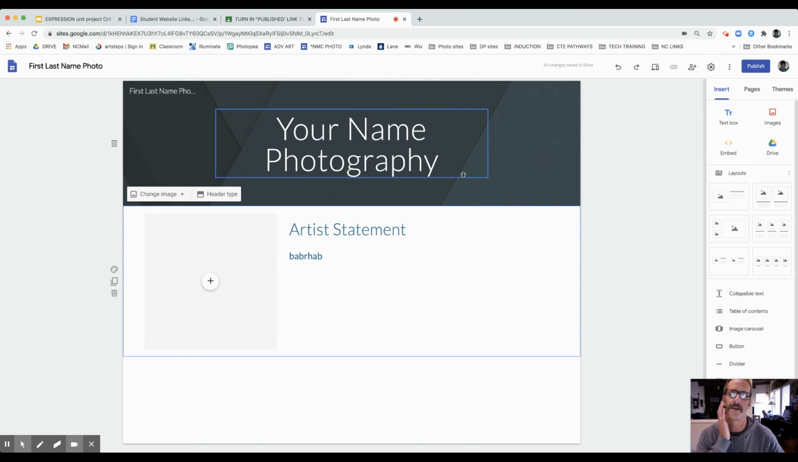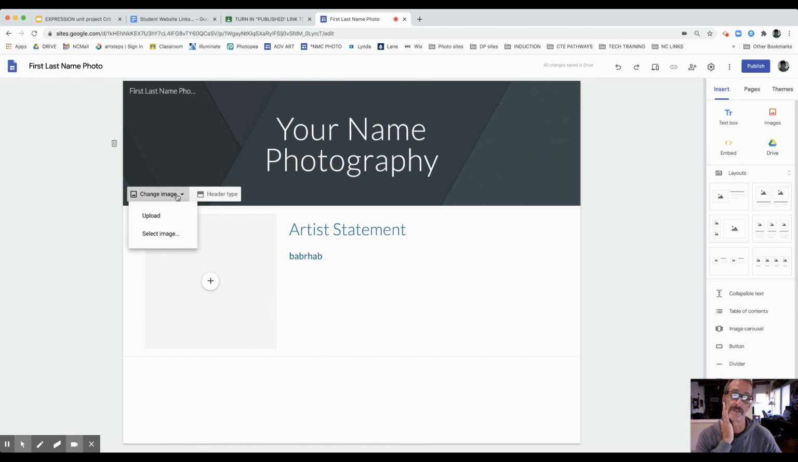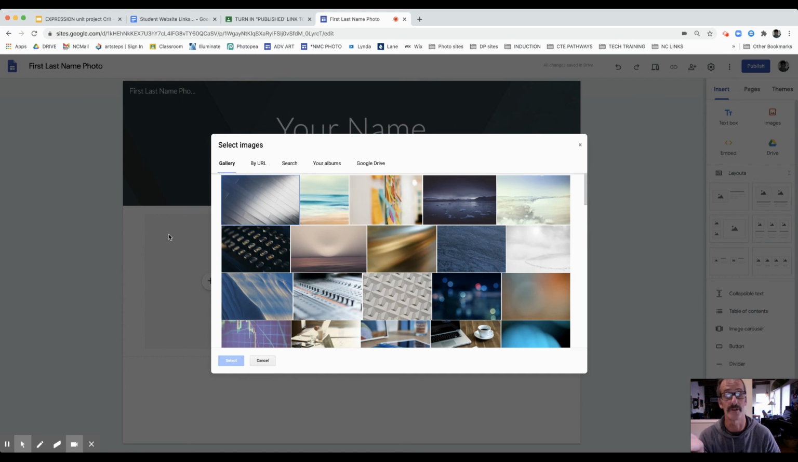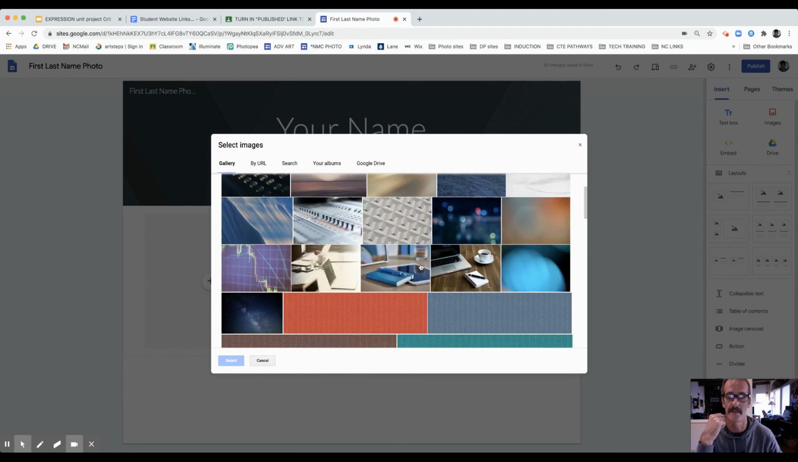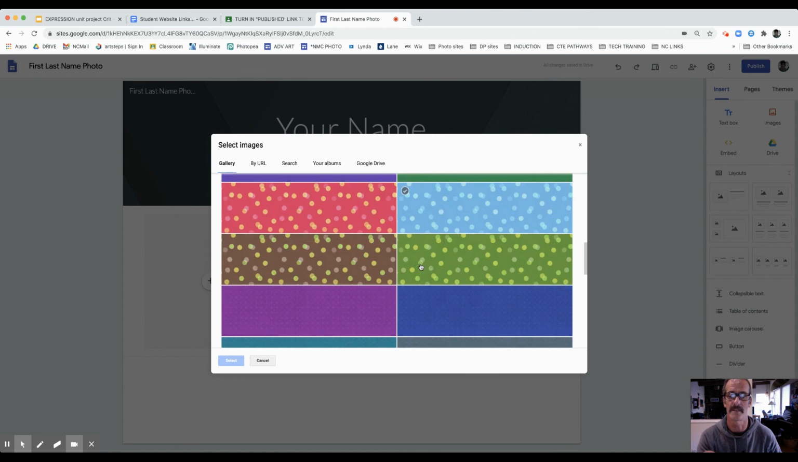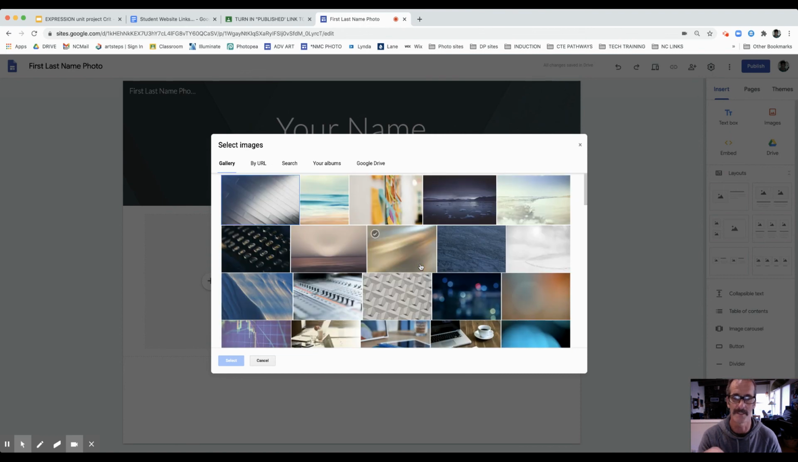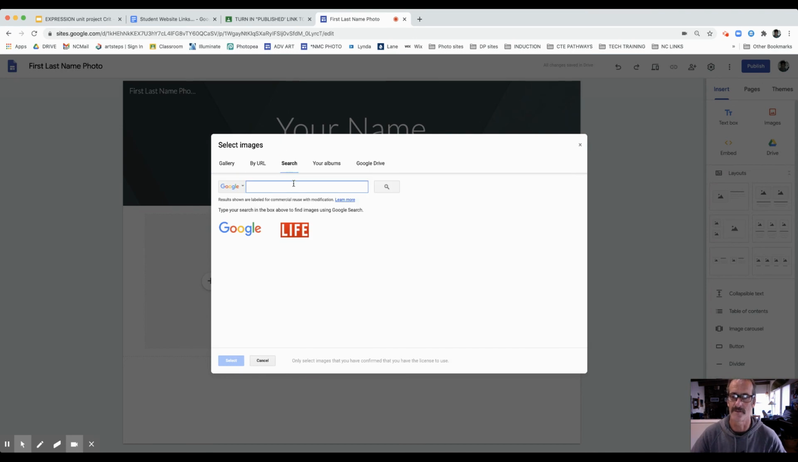Now, one more thing. Everyone's is going to start with the same generic background in this banner up here. You could change it by going to select image, and eventually I want you to put your own photos or images of some kind in the background there. But in the meanwhile, just to make it a little unique, I suggest don't use any of these gallery pictures. This is what everybody in the world sees when they start a website. If you use one of those, then you're obviously just using Google's pre-made stuff. So at least search and find something more